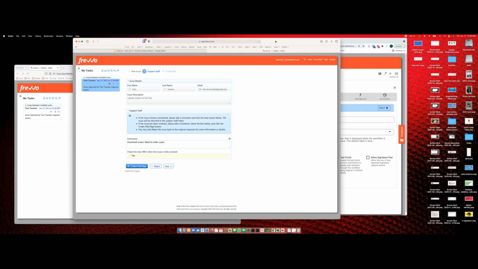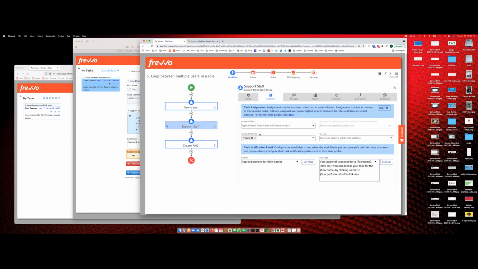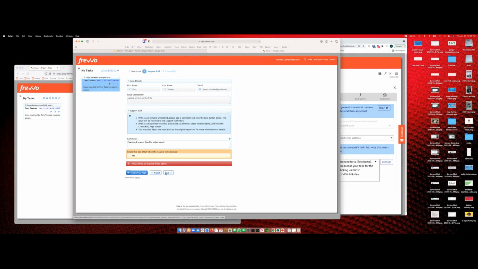So the other thing I've done in this particular form here is created a required control here. So you can't accidentally click this button, the create FAQ page button. If you click on that FAQ page button, it's going to say, well, has the issue been fully resolved? If it's not, you got to click the save button. Now, because we've turned on save to role in here, when I click the save button, it's going to go right back into the inbox for that role rather than being saved to my own